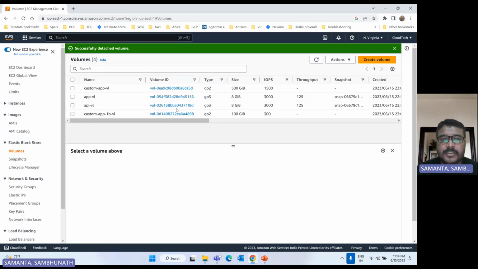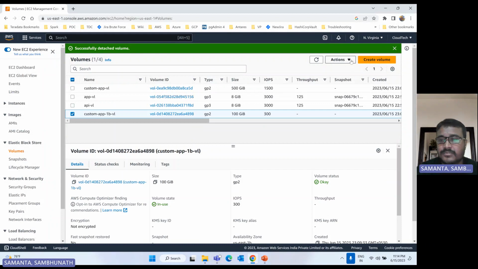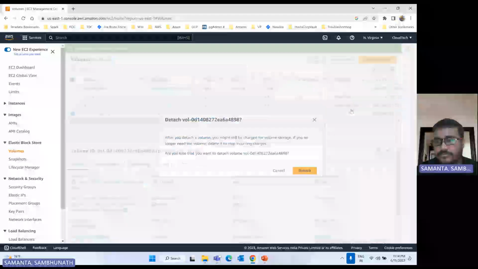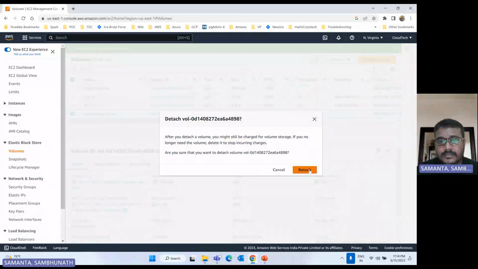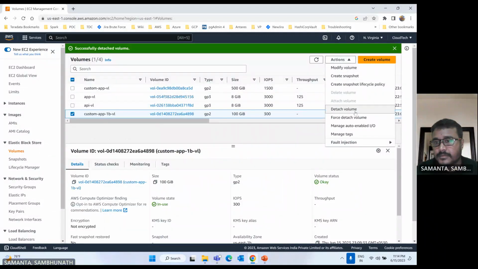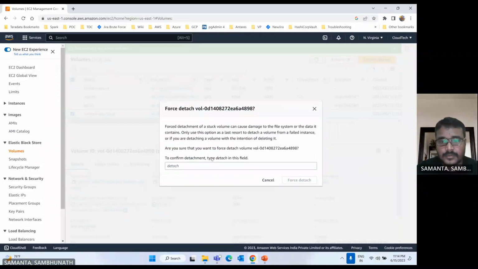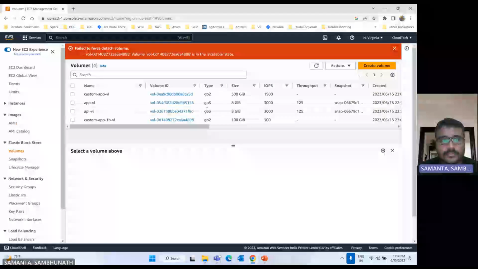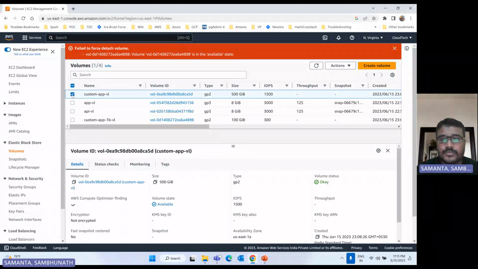Why is forcefully coming? Maybe in between, it is in progress, right? If it is in progress to attach or detach, then that forcefully option will appear. Now, if you want to delete it, select this one and delete this volume. Like this, we can. Forcefully. This is the confirmation of the detach. Okay. And if you want to delete,